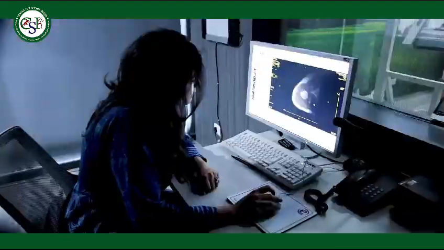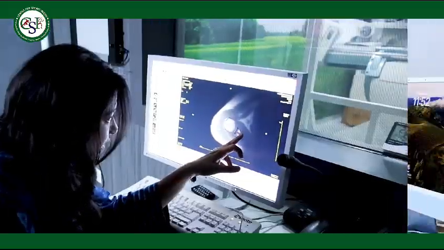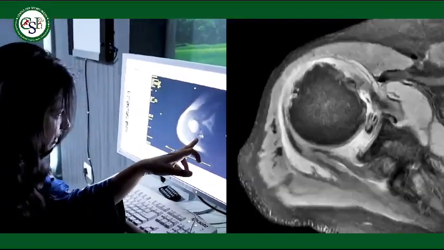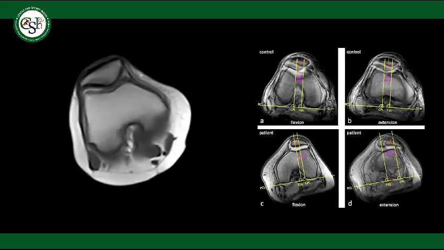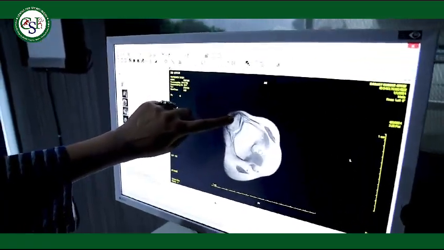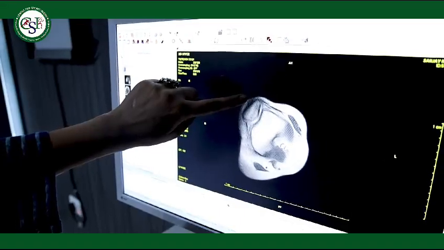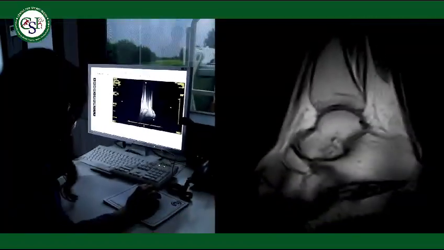Dynamic MRI of the shoulder is done to rule out the difference between SLAP 1 and SLAP 2 type labral lesions. That's why we do dynamic imaging of the shoulder in our center. Dynamic MRI of the knee joint is done to rule out any translation of the patella, any lateral translation, and whether it is low lying or high riding patella sometimes. Also, in the axial images, we can figure out whether there is a torn ligament of the patella and lateral translation.